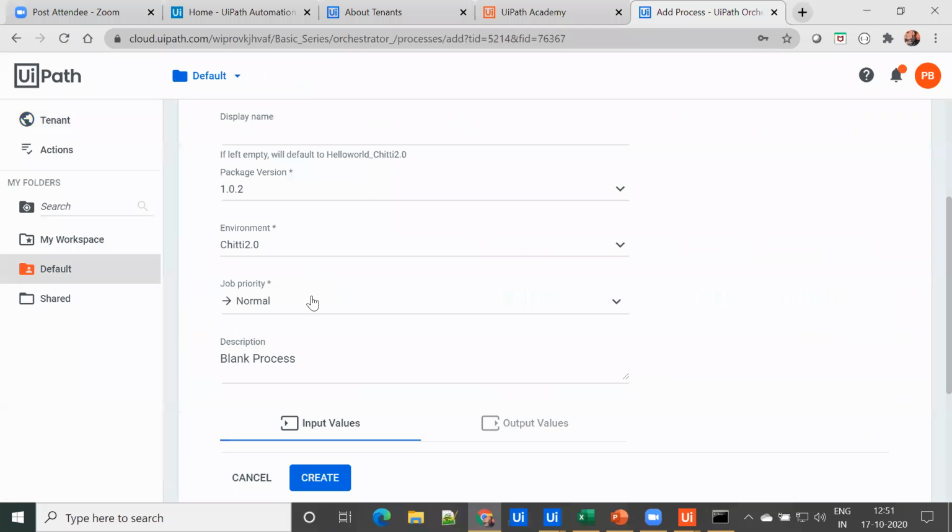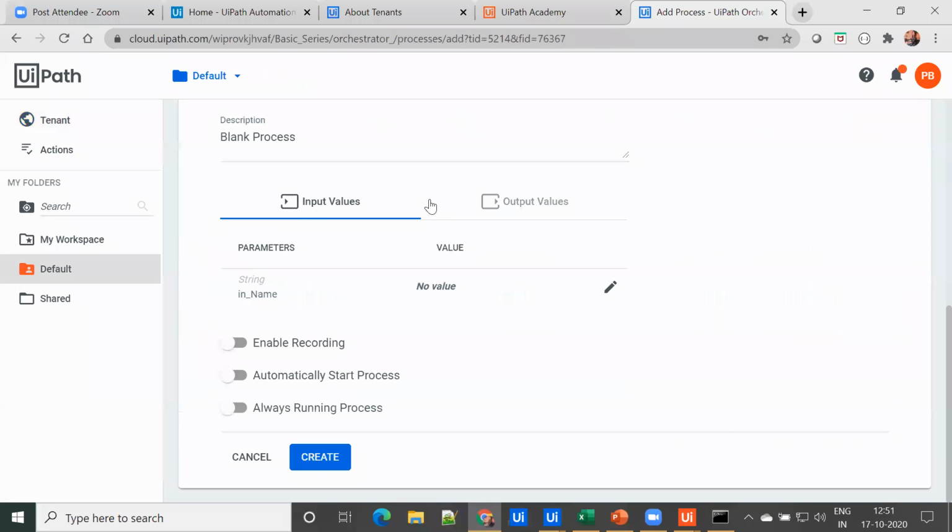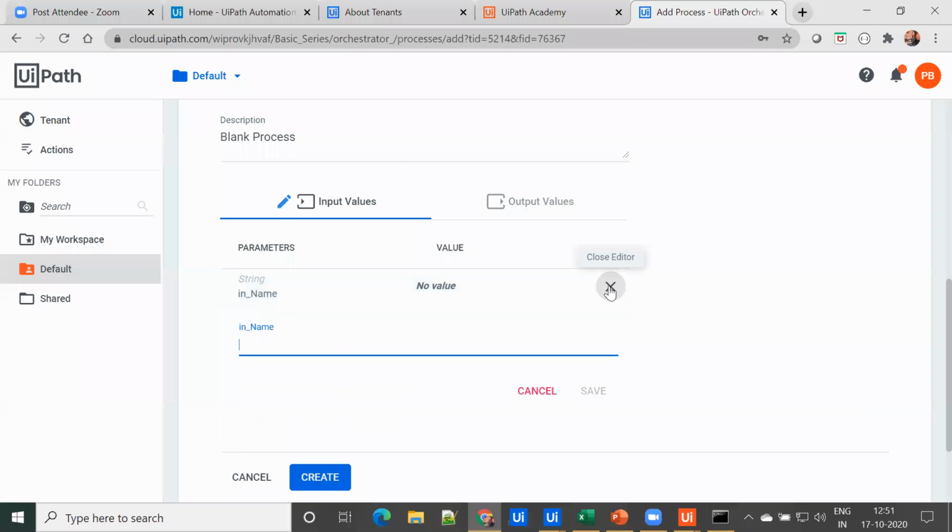And now this time we have to provide the input argument. So you can see that we have created the input argument, and you can see the in argument present in this parameter section. And from here we can dynamically update the name of this particular parameter. So suppose I'm going to say Priyanka. So what would it print? Good morning, good afternoon, Priyanka.